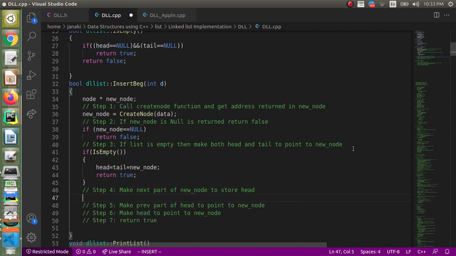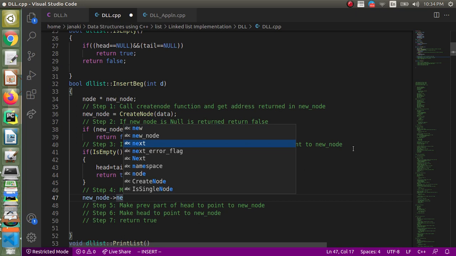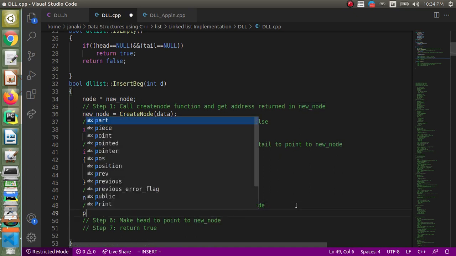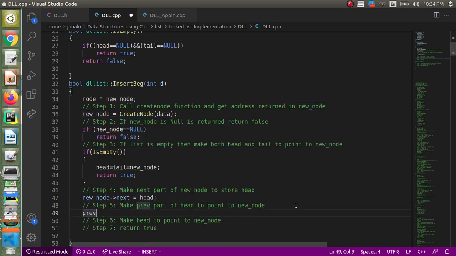Otherwise we are going to make the next part of the new node, new node next, equal to head, and the previous part of head, head previous, equal to new node.